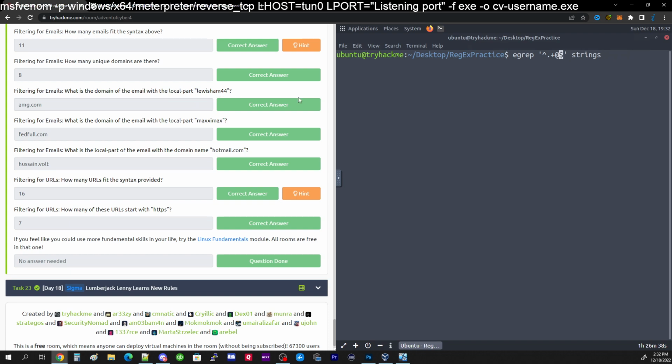Let's write that script, because I just looked through the data set and I was like, cool. So we're going to begin with the beginning of the line, which is the caret key. All right, you follow along, and then you want to type Lewis, and it's LEWISHAM44, and we want to say at, and then at this point we want to escape, and we want to say something, right? Something.com, so we can say dot plus to